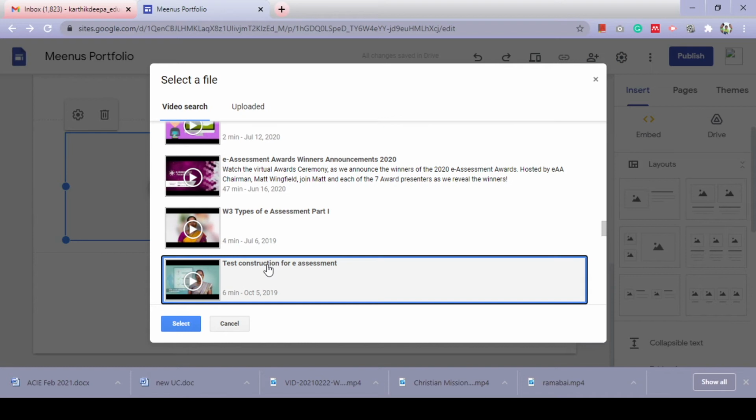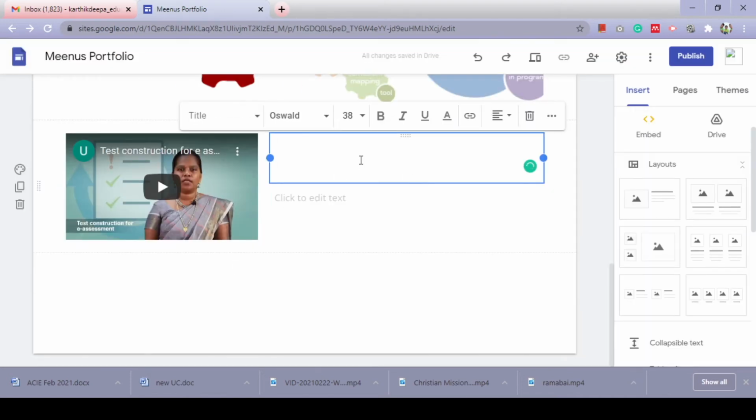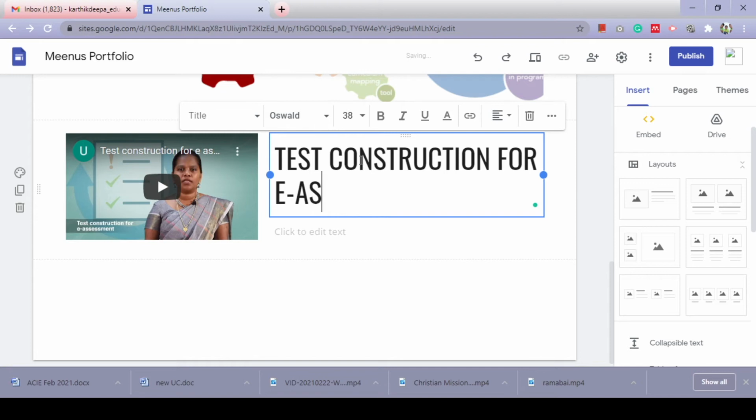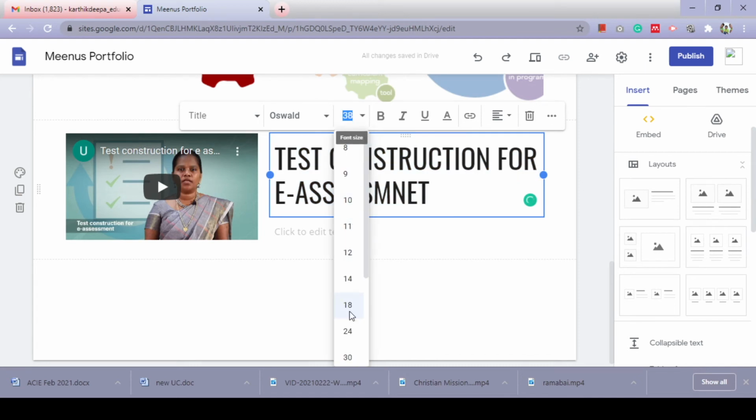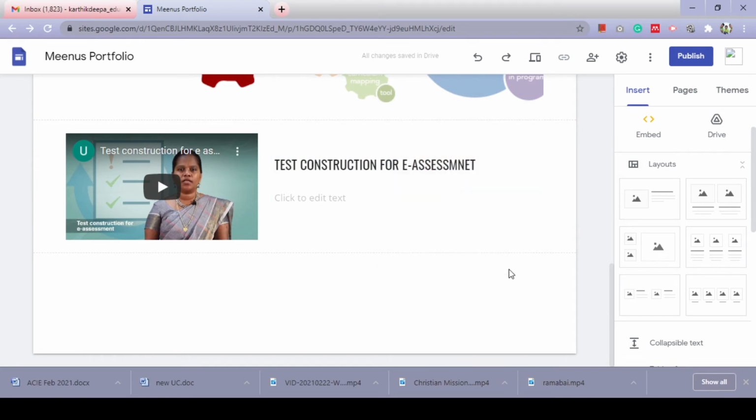Okay, so you are selecting one and you are adding it here. You can add the title, and for that you can change the title size and everything if you want. Okay, so like that you can add.